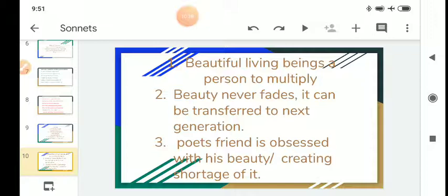Thou that art now the world's fresh ornament and only herald to the gaudy spring, isn't it? You who are now a beautiful thing on earth, इतने हैंडसम हो, इतने वर्चुअस हो, और आने वाले इतने ही वर्चुअस और बहुत से लोगों के तुम मैसेंजर बन सकते हो, तुम ऐसे लोगों के पेरेंट बन सकते हो, ठीक है। When you beget children, when you reproduce your children, you who are a new beautiful thing on earth and the one who announces the coming of spring,